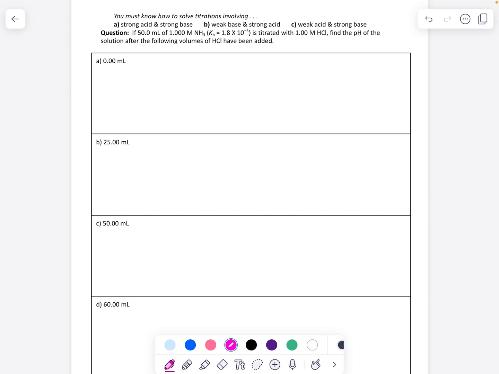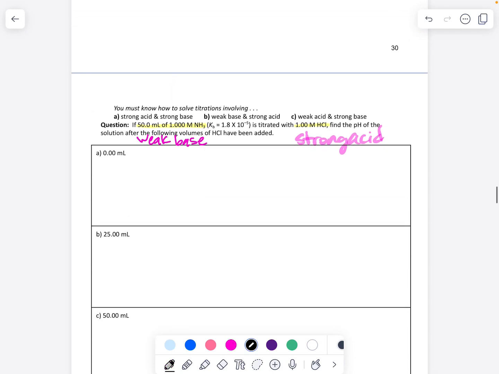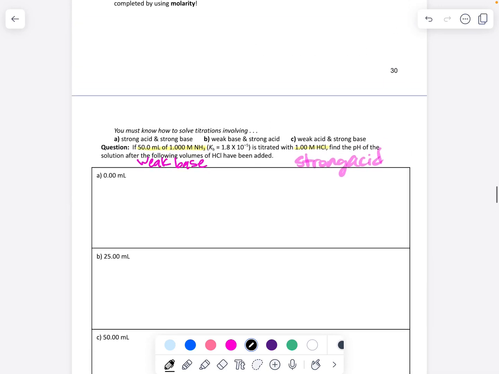This particular problem says that we have 50 milliliters of NH3, and we know that that is a weak base. And we're going to be titrating that with 1 molar hydrochloric acid, which we know is a strong acid. So you have a weak base, strong acid titration. When we think about what that titration looks like, if I were to graph it,